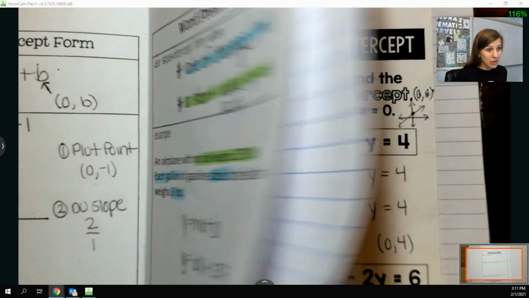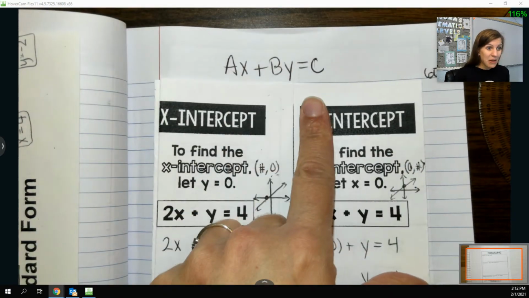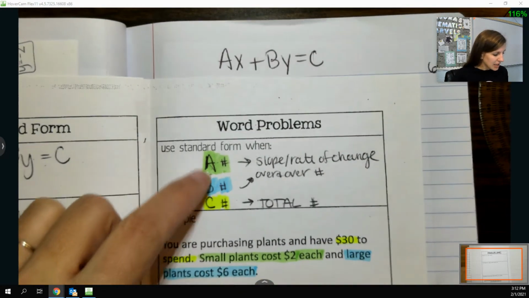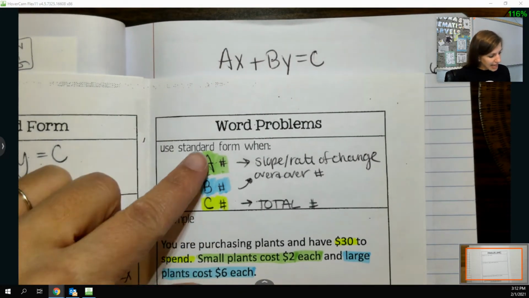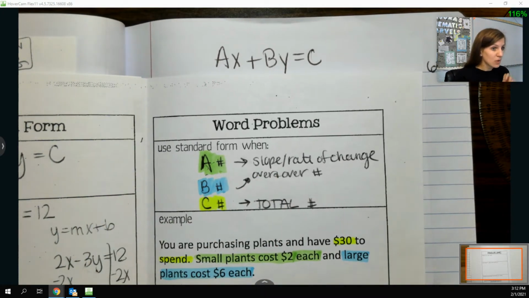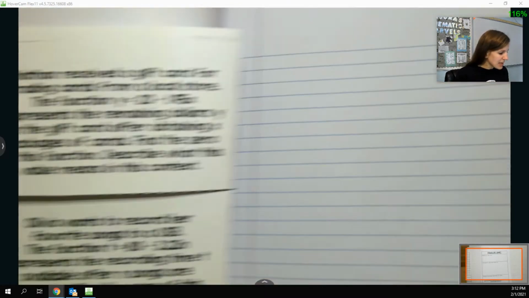And then the last one that we talked about was standard form. And that was kind of the best one for story problems because they tell you A, B, and C. And like A and B were both slope numbers or rate numbers. So they give you two slopes and then they give you a total. Okay. So jumping back to this one here now,